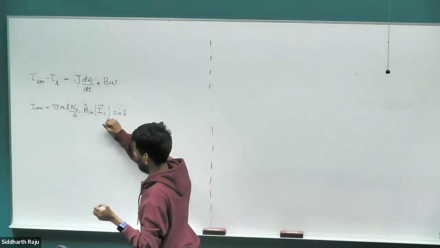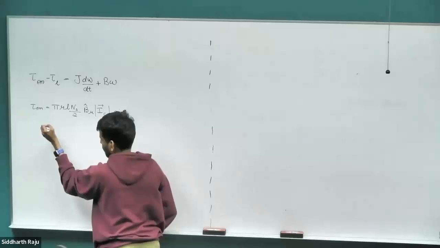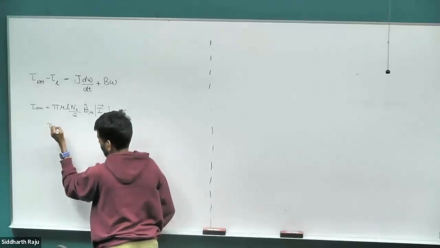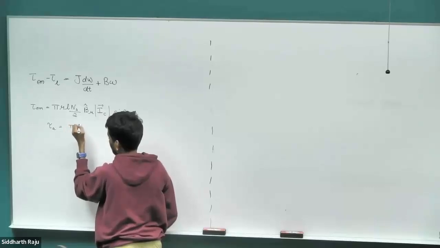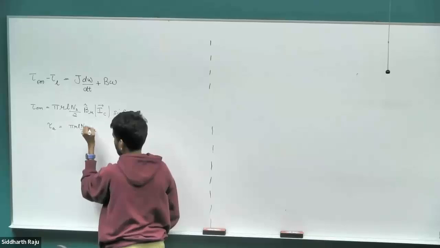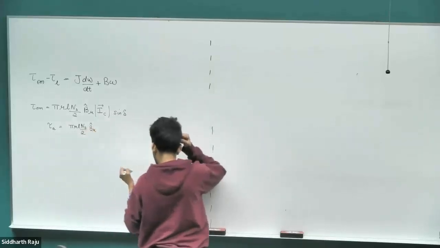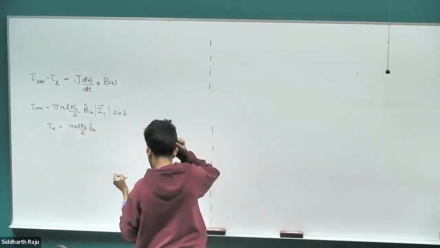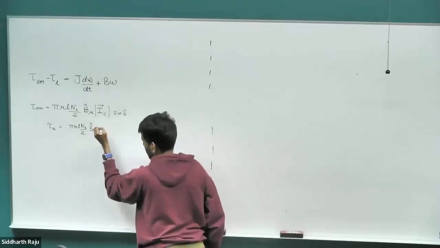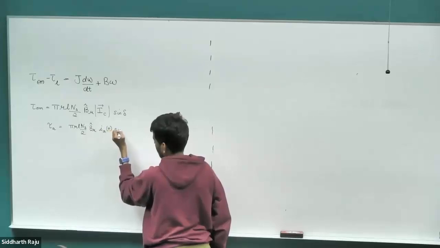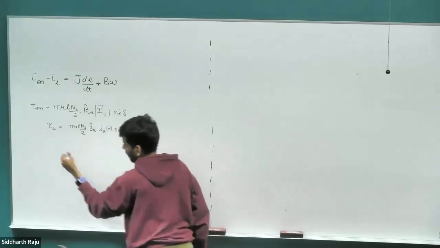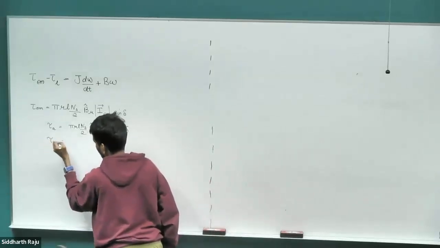The way we got this expression when we derived it in class is we figured out the torque due to each of the individual phases, which came out to pi r l Ns divided by 2 times BR space vector times ia of t times sine of delta,